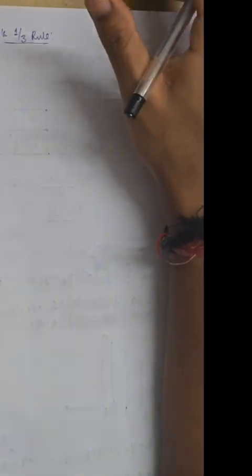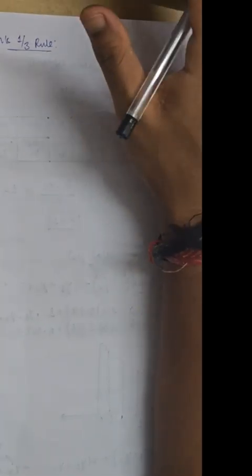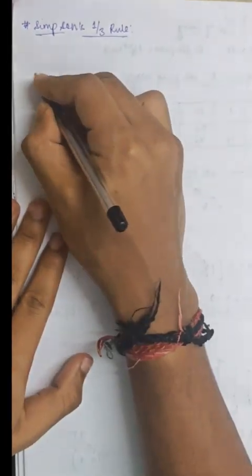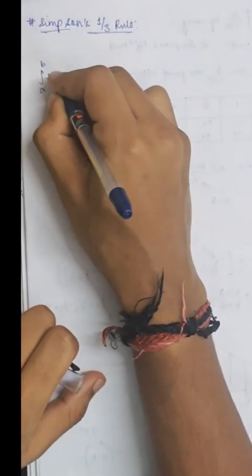This rule is a bit more sophisticated than the trapezoidal rule and provides a higher degree of accuracy by approximating the curve using parabolic segments instead of straight lines. As we understood, Simpson's one-third rule uses parabolic analysis to give its result. So now let's look into its working formula, which is given as